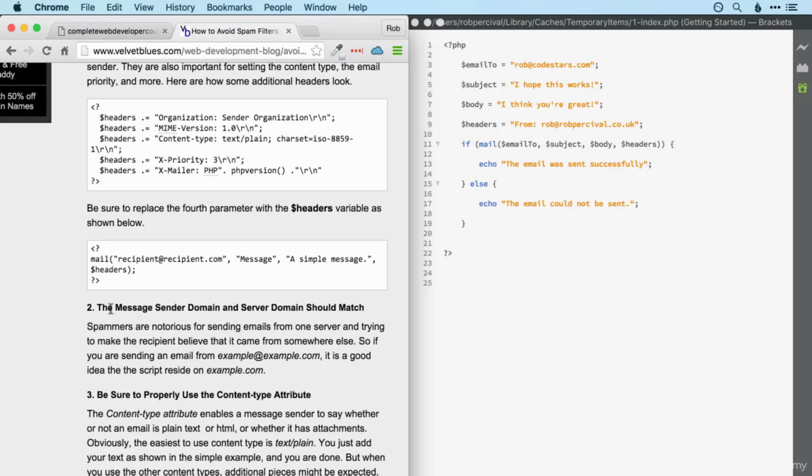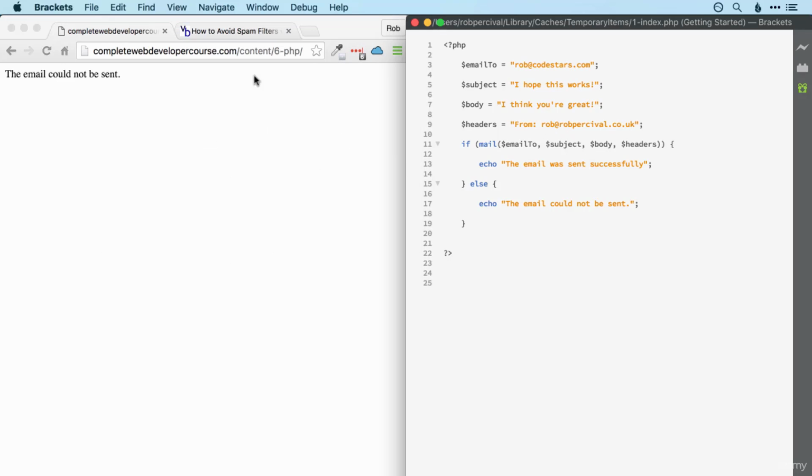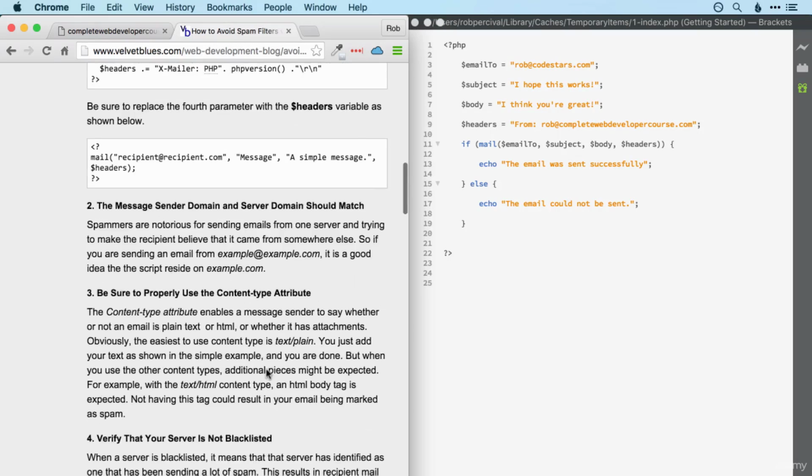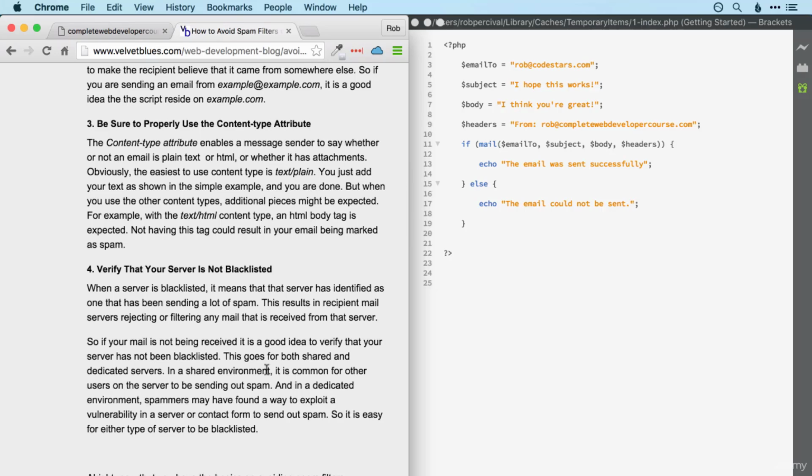Another thing is to not try and send email from anywhere other than the domain that you're running the script on. So this would probably fail because I'm running the script on completewebdevelopercourse.com, but I'm saying that the email is from rob@robpercival.co.uk. So if I change that to rob@completewebdevelopercourse.com, that's more likely to get through because it's being run on the same server that it's claiming to be from. And there's a few other options there as well that you can do to attempt to get past the spam